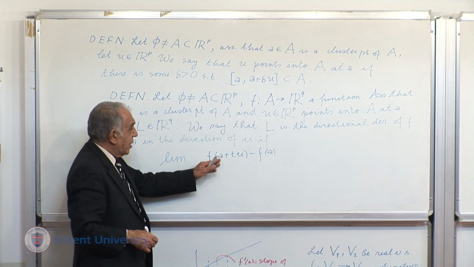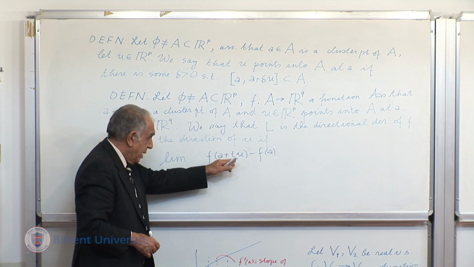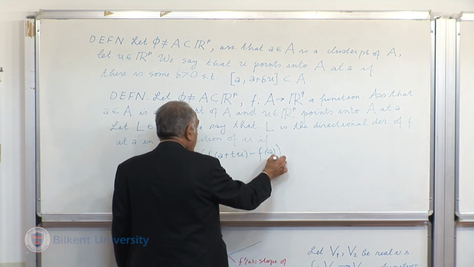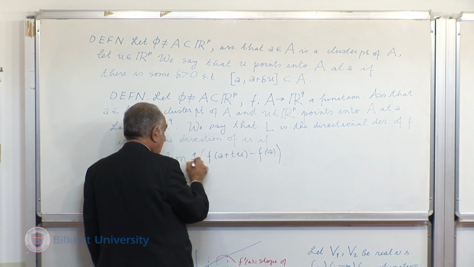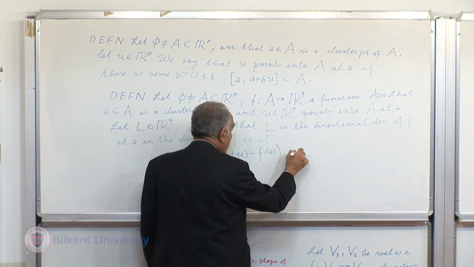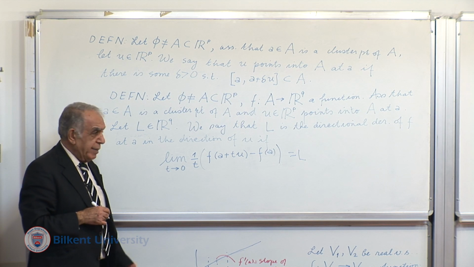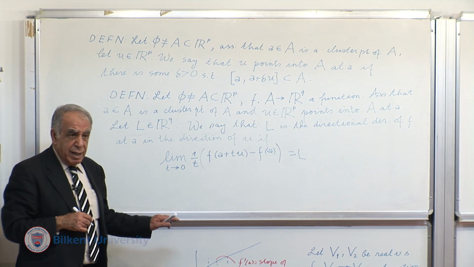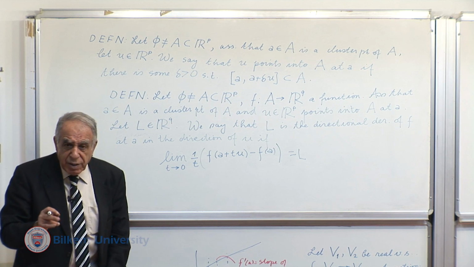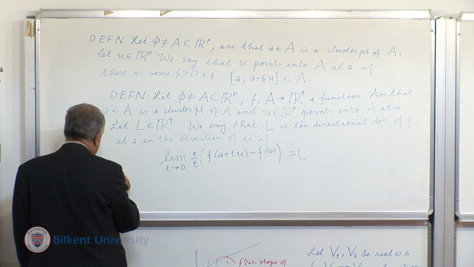We approach a along the vector u as t takes different values and goes to 0, but we divide that by t, and we let t tend to 0, and this is equal to L. But let me also spell out in detail what this means in terms of the definition of the limit of a function we have introduced. Or equivalently,